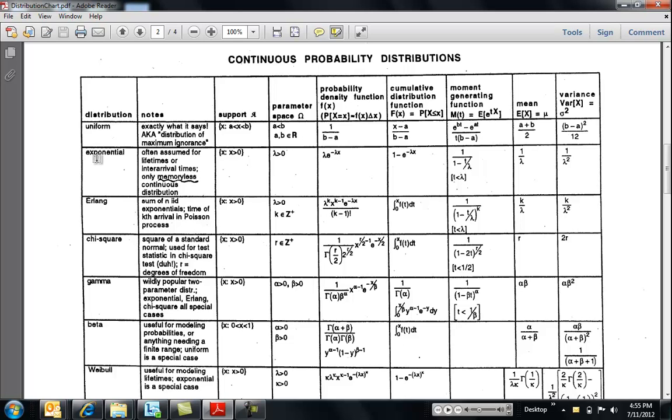Exponential is often the amount of time before something happens. Erlang we'll see a little bit later. Chi-square you might have seen in statistics. Gamma you might have seen in statistics. Beta, Weibull. The ones we'll do are uniform, exponential,